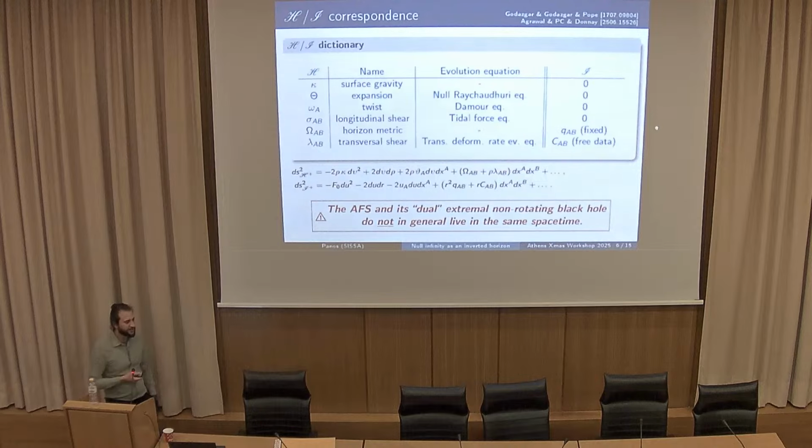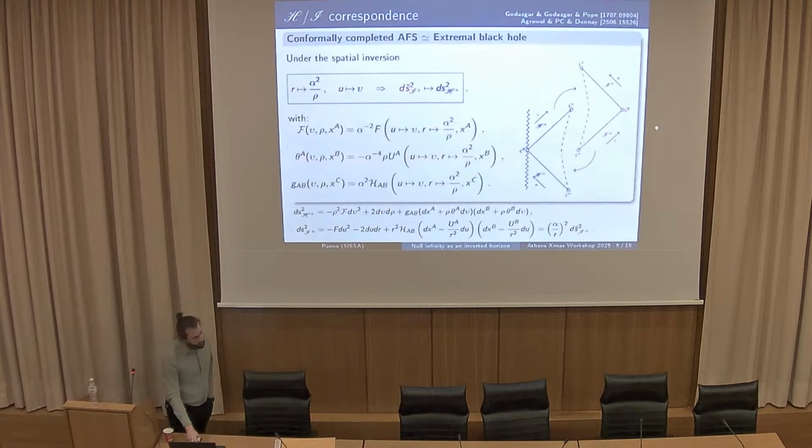Yes, Adrian? Yes, I have a question, because how does this result depend on the gauge you choose? Right. Because actually at scri plus, you can allow for an expansion if you don't choose the Bondi frame condition. So then, if you perform your coordinate transformation, you will find an expanding horizon, but still without intrinsic shear. Can you find an expanding horizon? Okay. Because the longitudinal shear has to vanish by virtue of Einstein's equation at infinity. Right. So I don't see how you will recover this shear at the horizon. But the expansion, I think you could recover it.